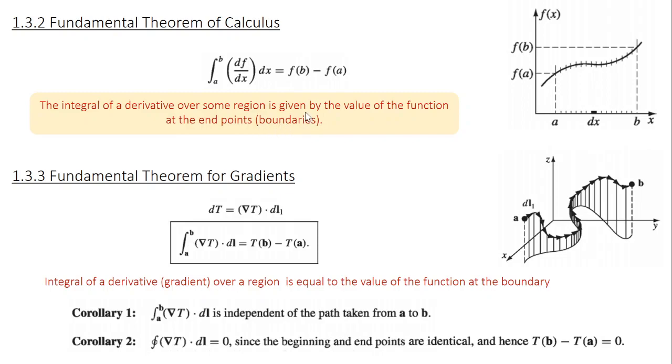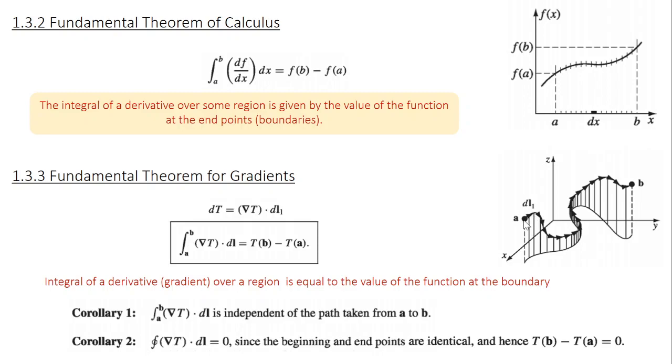In vector calculus, we learned about three types of derivatives: the gradient, the divergence, and the curl. So you can define the fundamental theorem for each of these. Let's first look into fundamental theorem for gradient. Suppose you have a scalar function T, so it changes from initial point A to the final point B. Now if you take the starting point A, now take an infinitesimal displacement dl1, so you move to the next point.